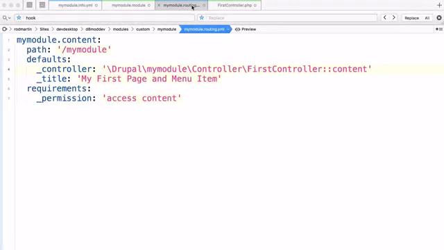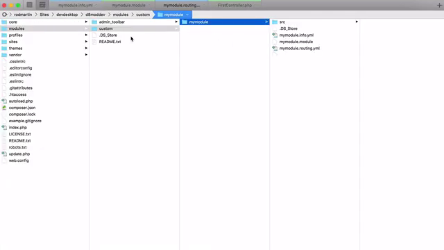Let's go ahead and create the file to define a menu item linked to the new page. Head back over to your file structure, and inside custom MyModule, create a new file called mymodule.links.menu.yaml. If you did any kind of module development in Drupal 7, you'll quickly recognize that all the things that